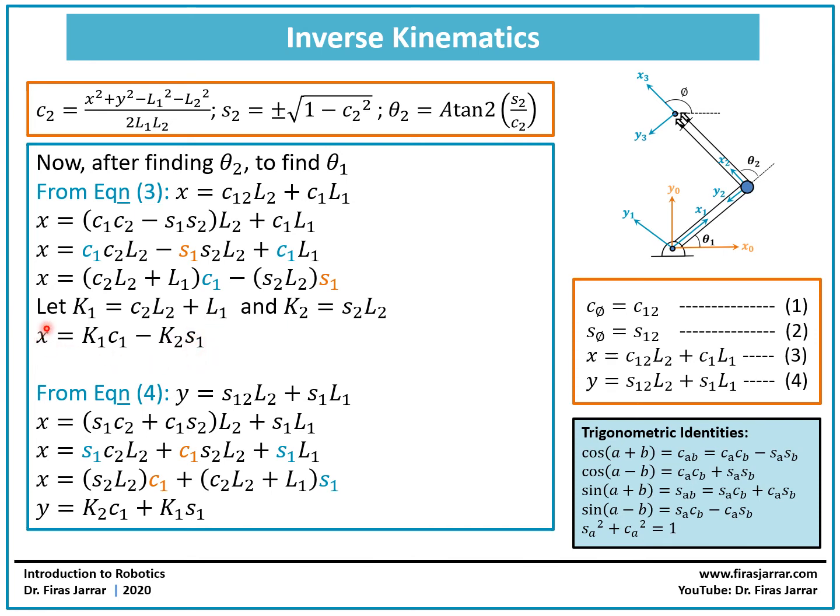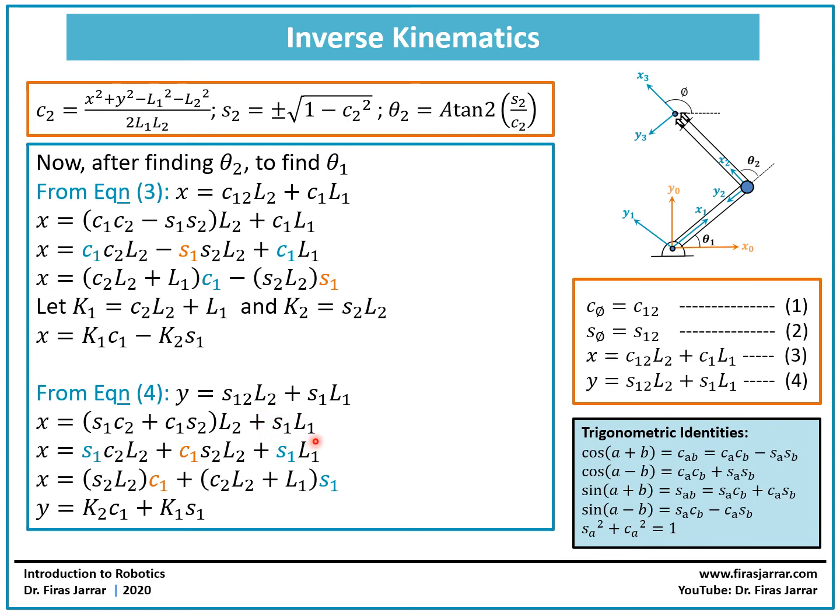Good. So this is a new version of equation 3. We're going to do the same thing with equation 4. I want to expand the sine of theta 1 plus theta 2, following the third trigonometric identity: sine of the first times cosine of the second plus cosine of the first times sine of the second. So I'll have sine theta 1 times cosine theta 2 plus cosine theta 1 times sine theta 2. All of this is multiplied by L2 plus